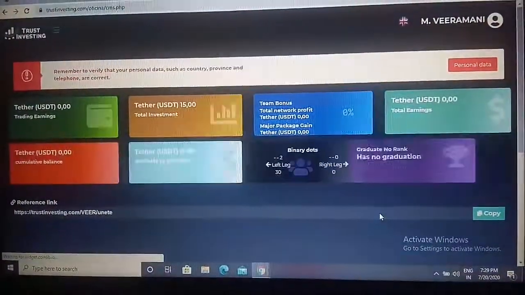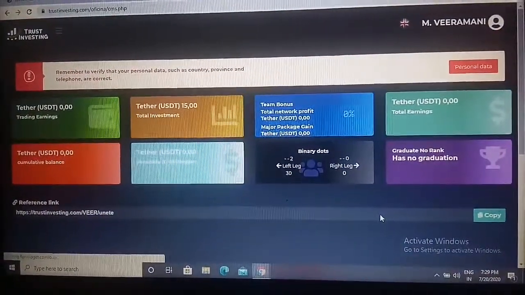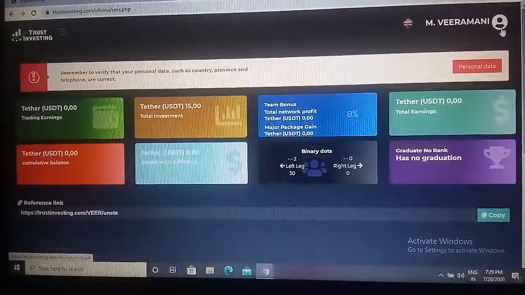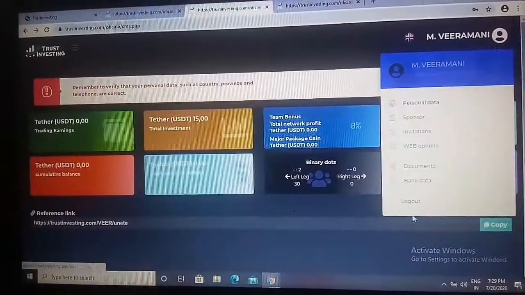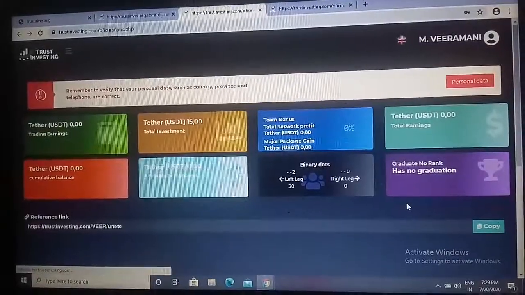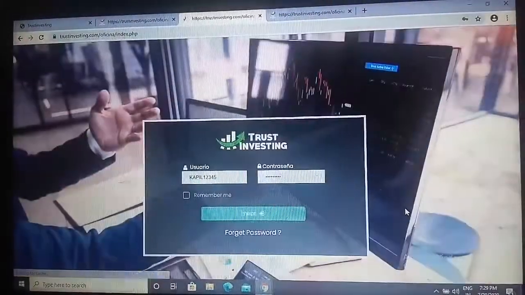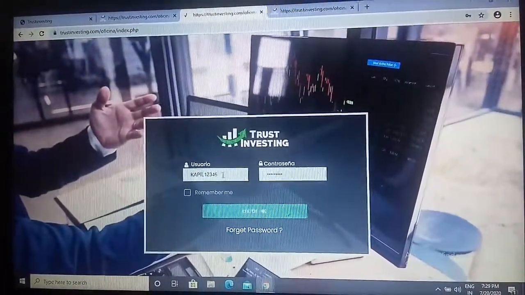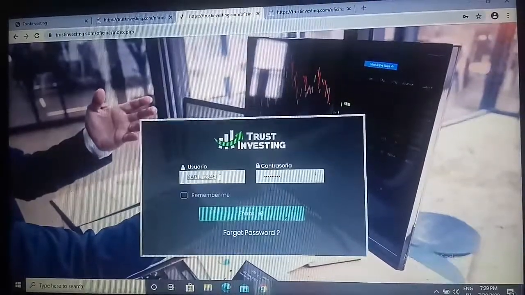Like this way you have to create a new ID. I will show the ID which has been created just now.